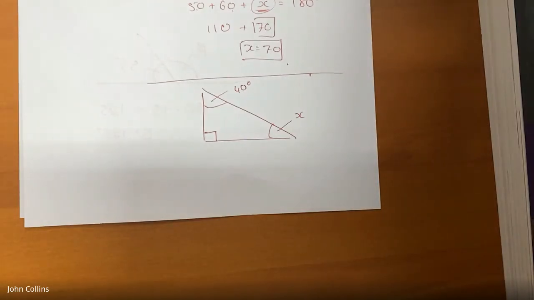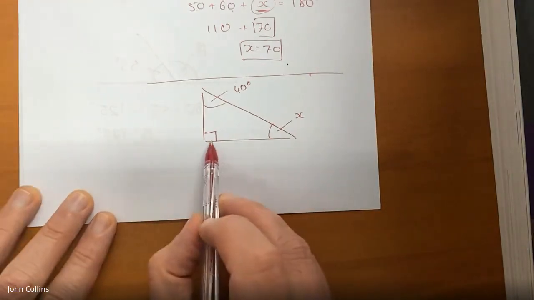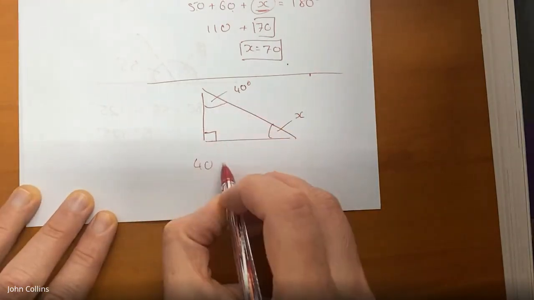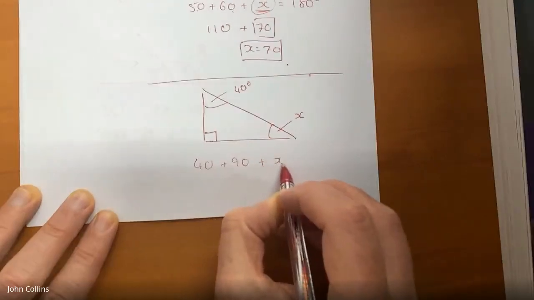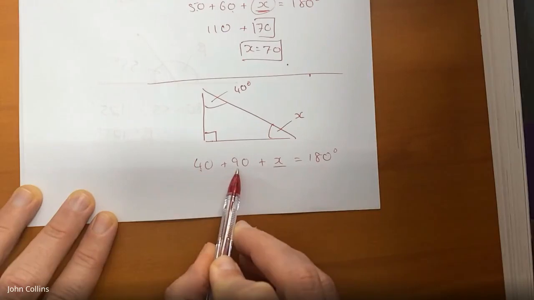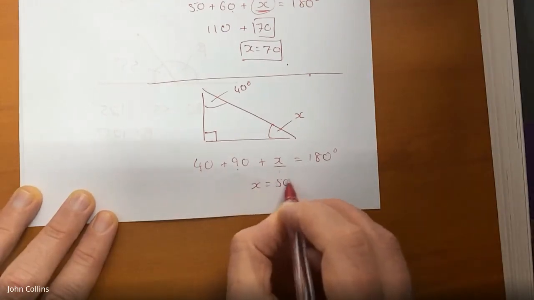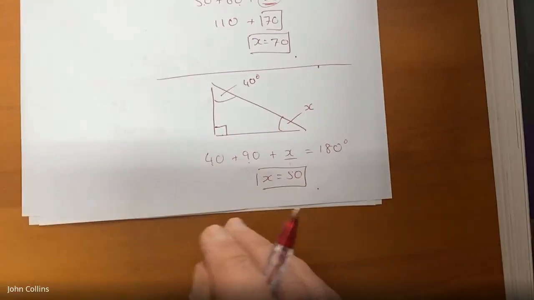Find x. So this is 90. So 40 plus 90 plus x is equal to 180. That's 130, so x must be 50. Yes. Nikita,